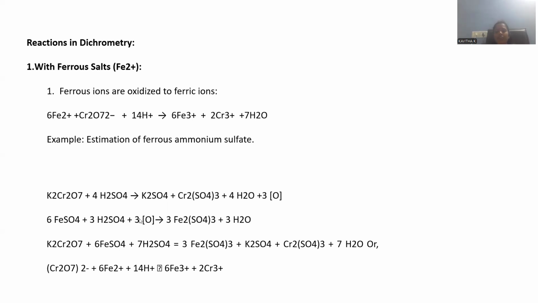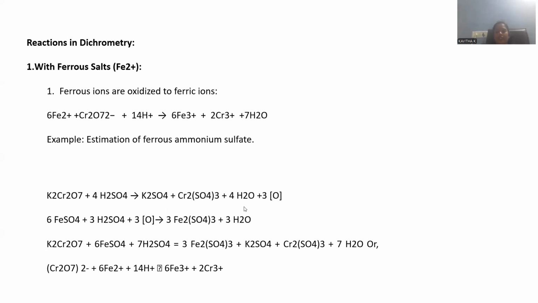Balanced equation. When we combine both the equations, left-hand terms are taken to the left-hand side, right-hand terms to the right-hand side. Whatever repeated terms are there, on right and left, are to be compensated. K2Cr2O7 in 1 molar ratio is to be taken, and 6 moles of ferrous sulfate are to be added. Here 4, here 3. So 4 plus 3 added, that is 7 moles of sulfuric acid is the requirement in this ferrous estimation, so these are the reactants.